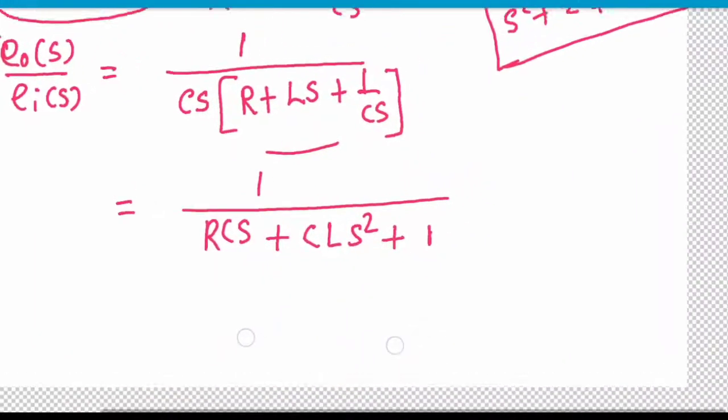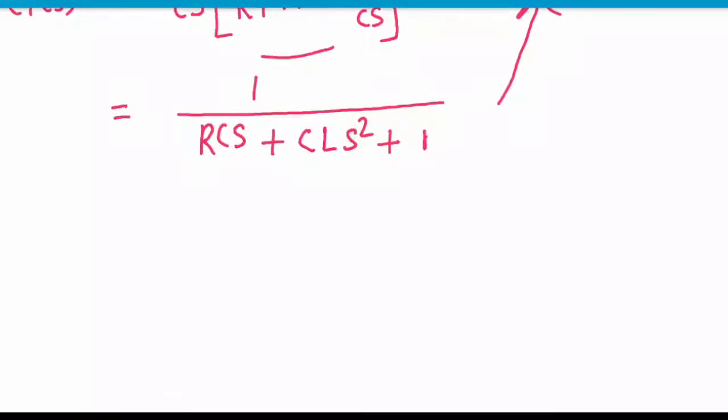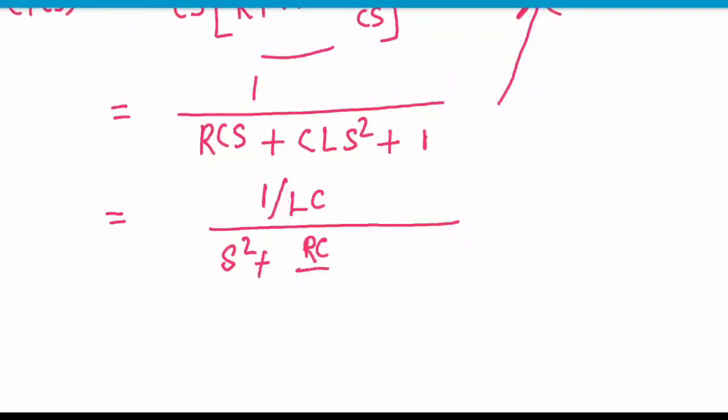So to make this form, I have to divide by LC in both numerator and denominator. So this will be 1 by LC, and here this will be s square plus RC by